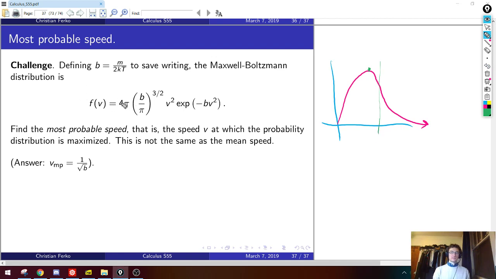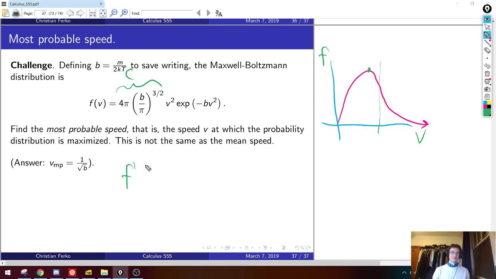So let's grab our expectation. I think we're going to find when the derivative of our expectation value is 0. Not the expectation value. We want the derivative of the probability distribution to be 0. So that's going to be ugly. No, you could do it once. Well, no. So what's f prime? Let's call this whole thing up front C.